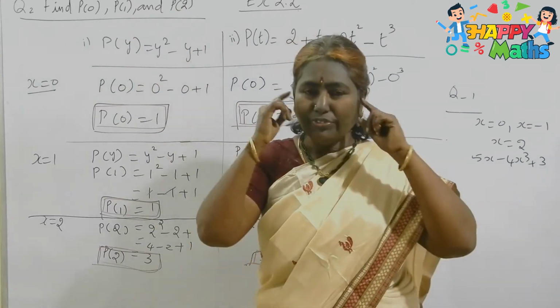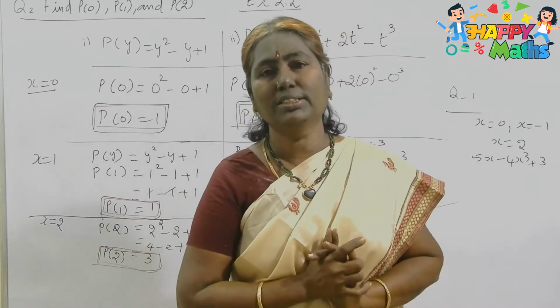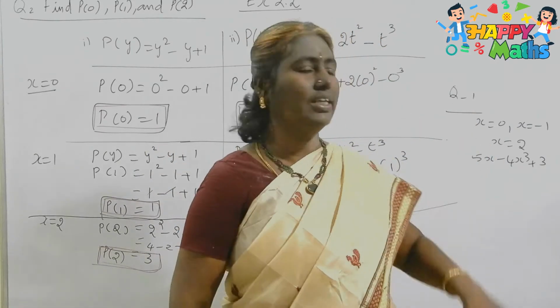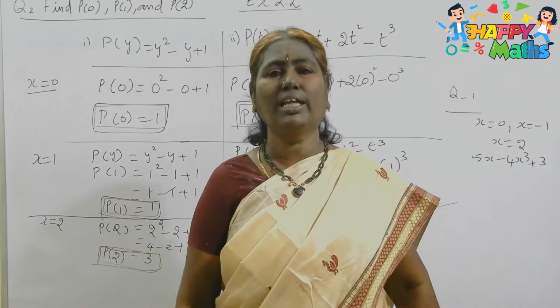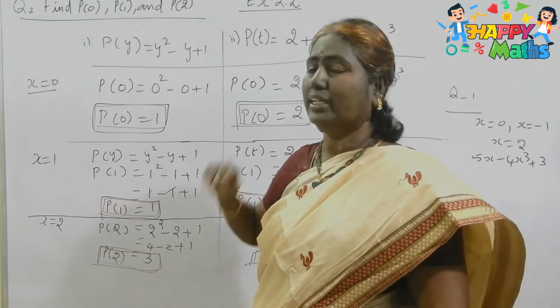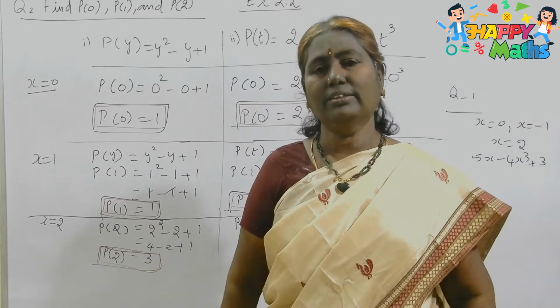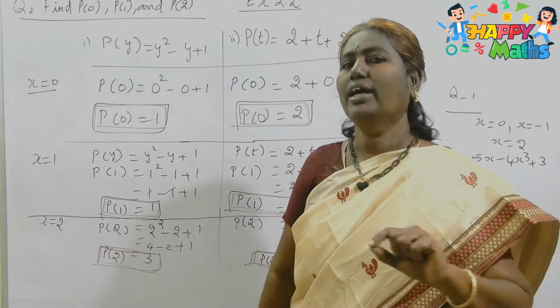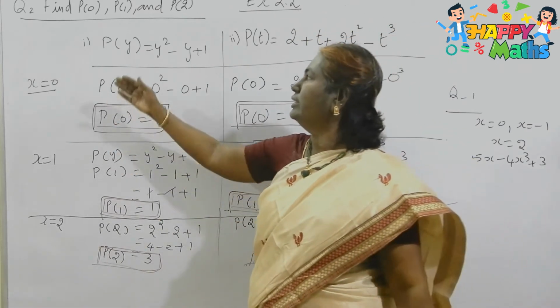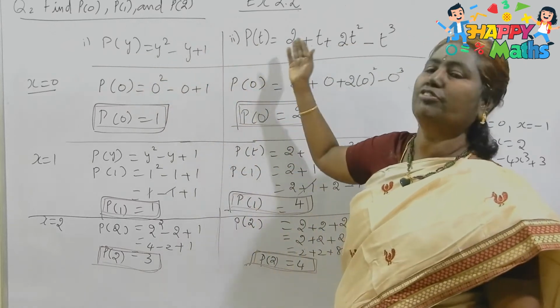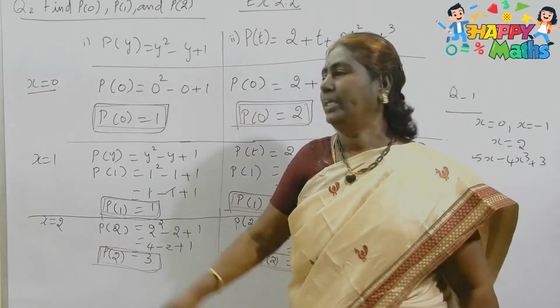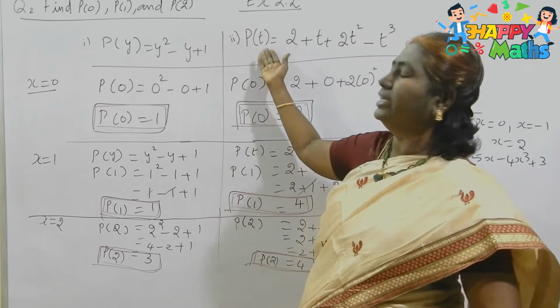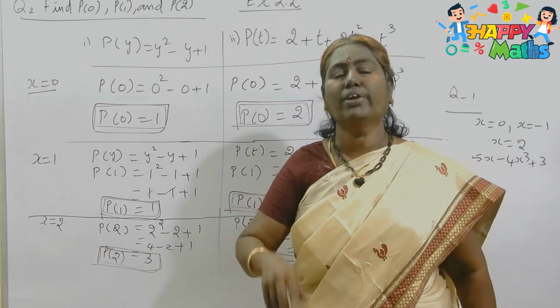See, can you differentiate anything between these two questions? They could have asked even like x is equal to 1, x is equal to 0, something like that. No. Then why did they give it like that? Can you catch my point now? One thing you have to note down: here, the equations they have given are in different variables. Here it is in y, here it is in t, the other two are in the x variable.